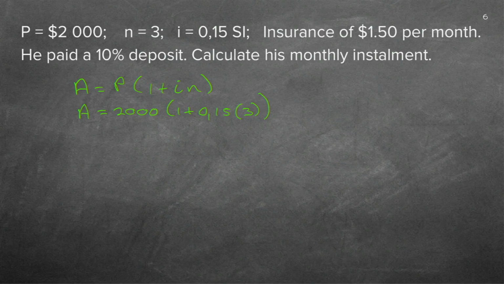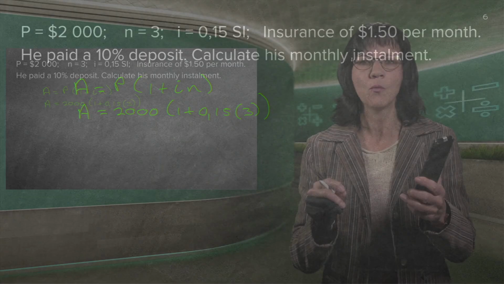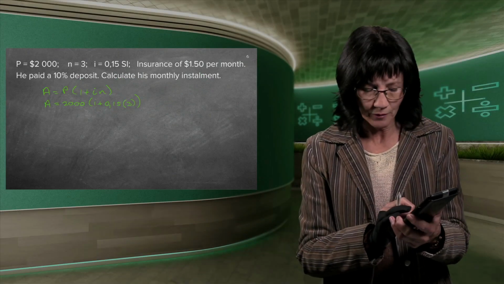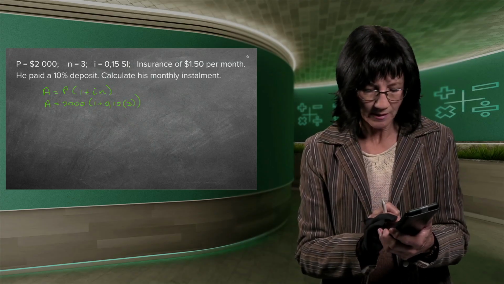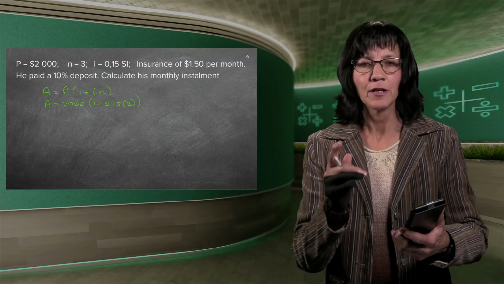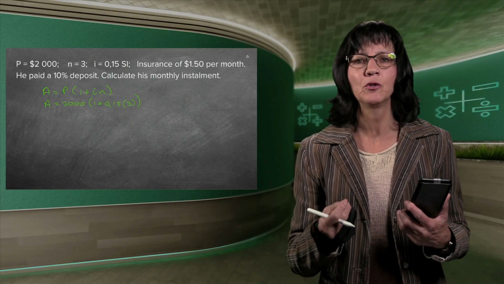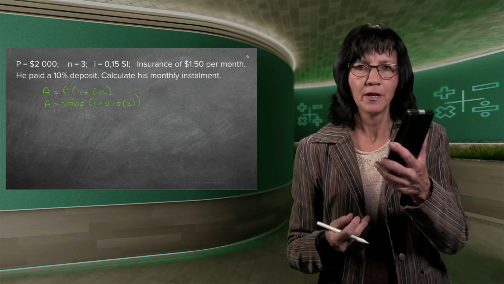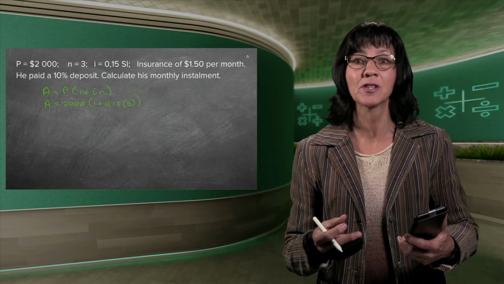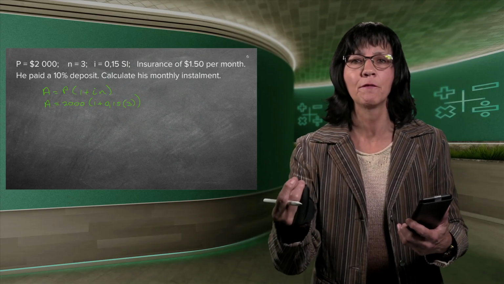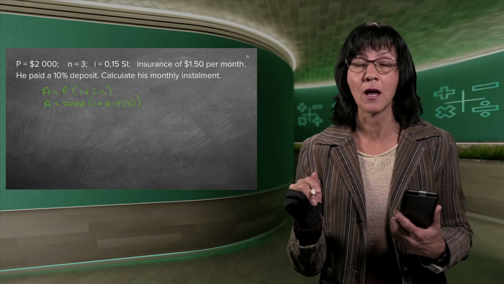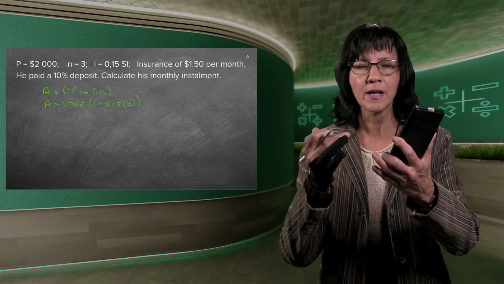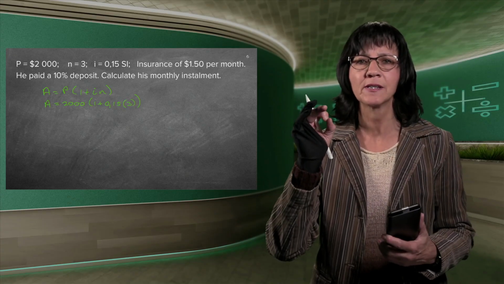So once you've got your A there, and because these calculators are so clever, you click in what you see. So I click in 2,000, bracket, 1 plus, comma, 15. Now you'll see, I never do the 0.15 because your calculator is clever enough to know if you just click in comma 15, it's automatically 0.15. If one writes down a decimal, you always write 0.15.